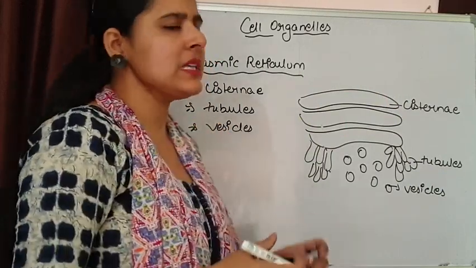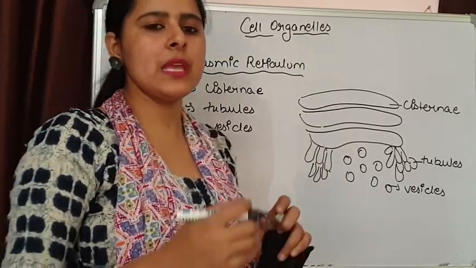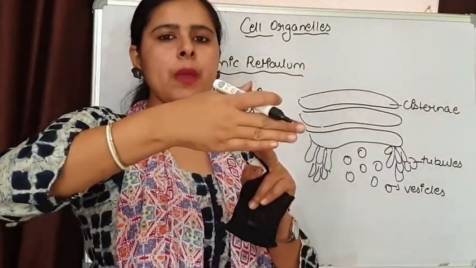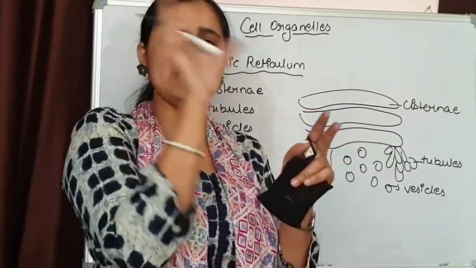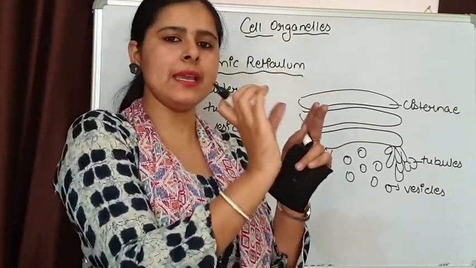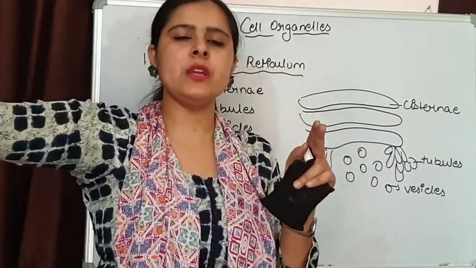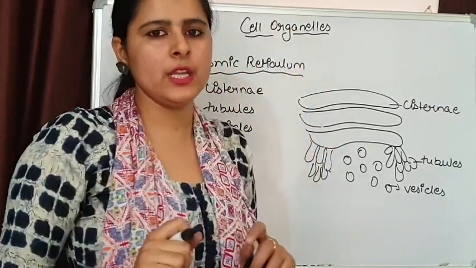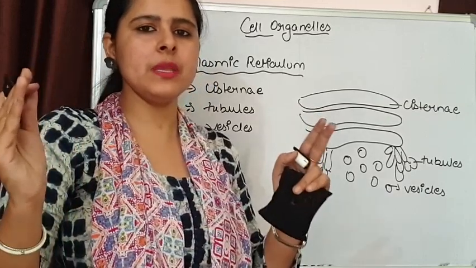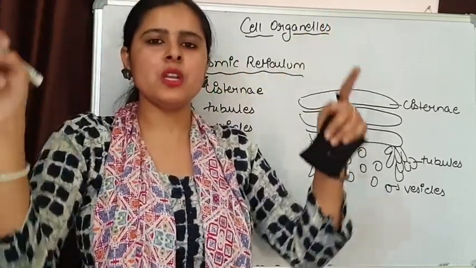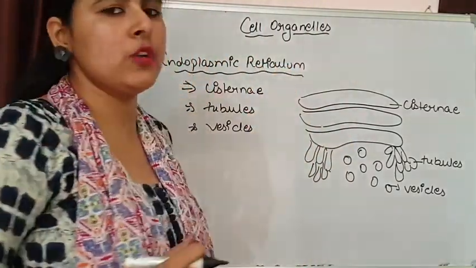Now where is this endoplasmic reticulum present inside the cell? Some of the endoplasmic reticulum start from the nuclear membrane and end at the plasma membrane. That means the space between the nucleus, lying in the center of the cell, and the plasma membrane, that complete space is filled by the endoplasmic reticulum. So from here one important function of the endoplasmic reticulum comes, that it is maintaining the structural orientation of a cell.